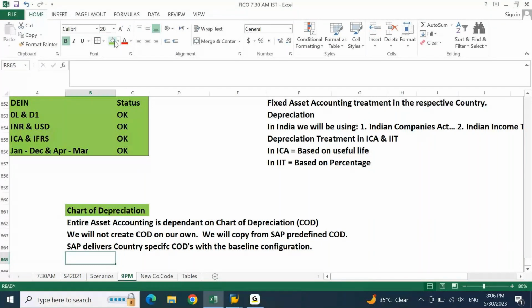For that, you don't need to do any other exercises. You need to know that SAP predefined that particular country's chart of depreciation inbuilt in SAP, and all the reporting requirements configurations are already performed in this standard SAP system. You must know how to verify standard SAP settings and how to understand the local requirement. Accordingly, we have to start configuring the system. Now, when you are configuring the system, there are 2 points before you start your configuration.